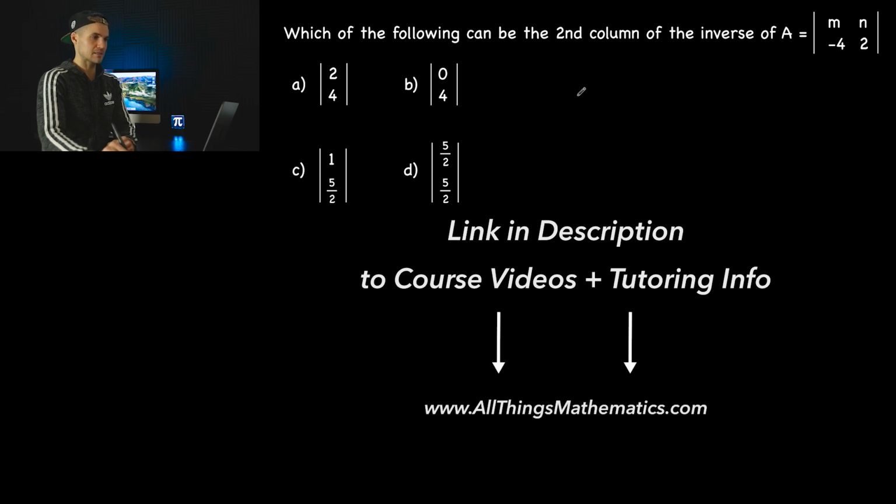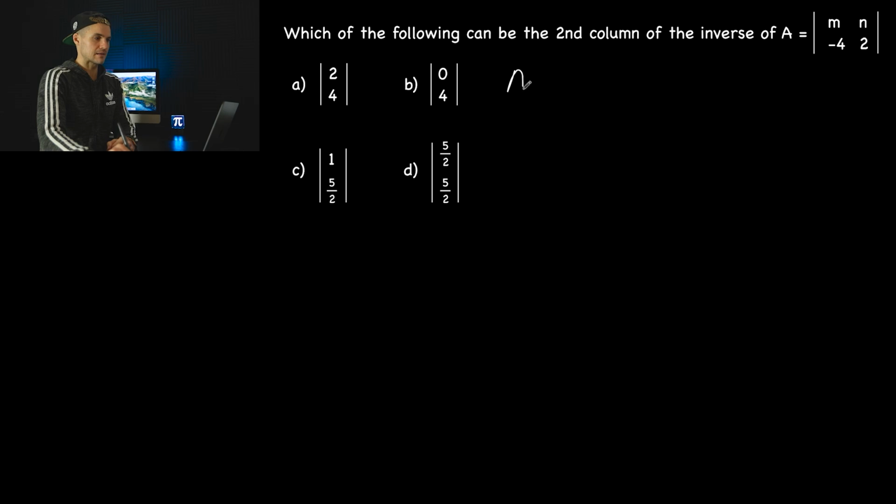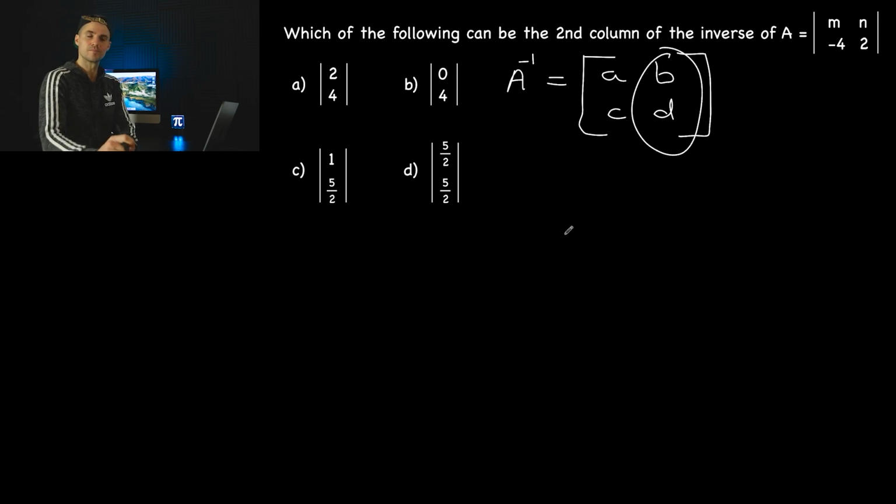So basically, the trick here is that if we let A^-1 represent the inverse, let's add some variables here. Let's say this is like A, B, C, D. And they're saying for the inverse, which of these can be the second column, this B and D value? Well, if this is the inverse, this is the original, we know that basically